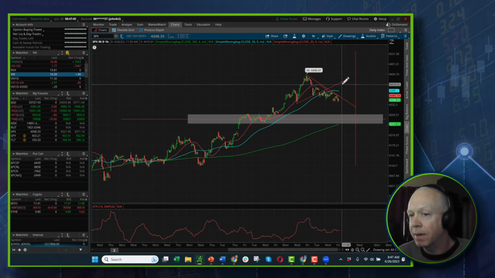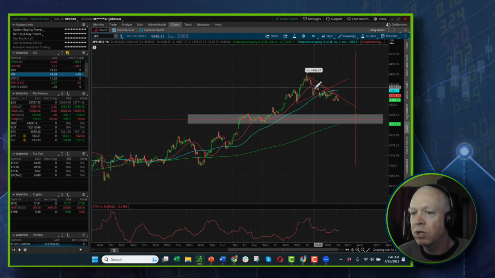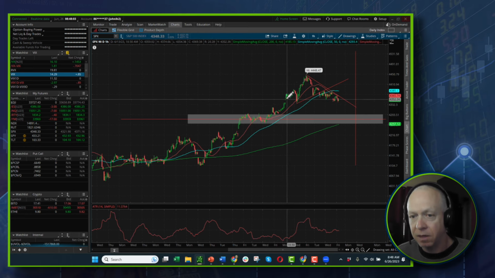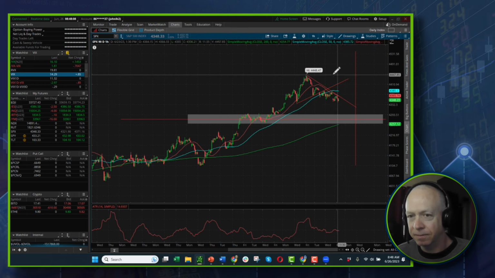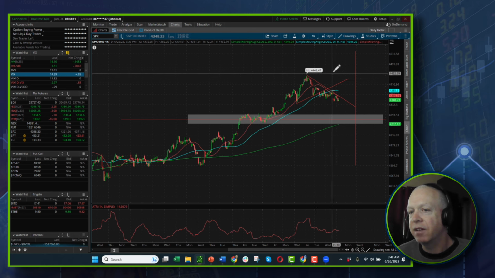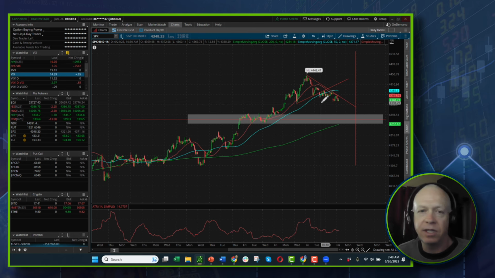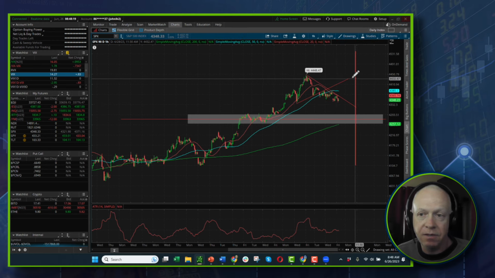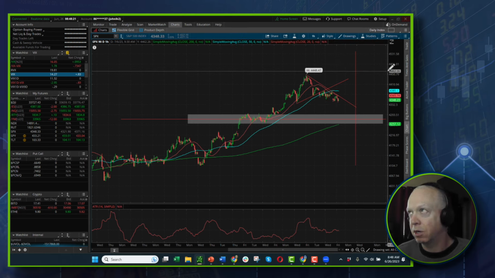It's in play even if we come all the way up into here, although I really, really don't like the break of this shoulder. That pretty much means that the pattern is very likely not valid anymore. I probably don't even want to use it. I probably want to look at this more as a double top potential coming into play, right? So we come up in here, we had a support level, we had another support level we tested, and now we're making another swing high. It doesn't invalidate the fact that we're still in a topping pattern, but that's how I would interpret that as new information comes into the marketplace.